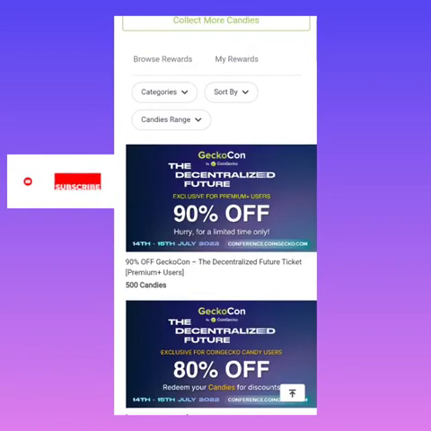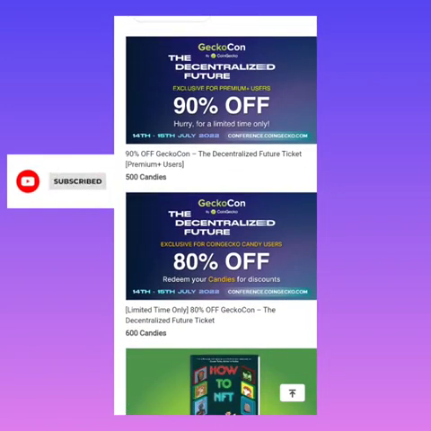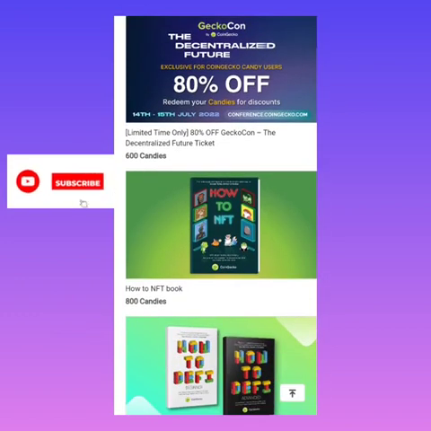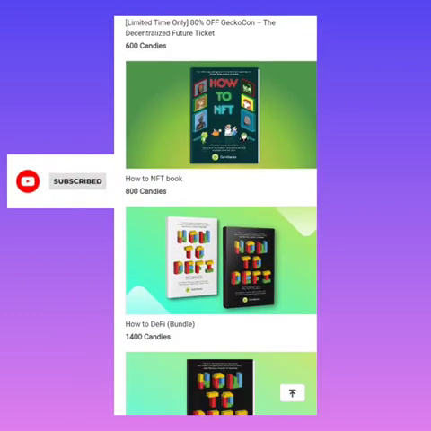You can see a lot of rewards here. This one now costs 500 candies. The decentralized feature exclusive for Premier Plus users, 90% off. I'll give you 90% off to a decentralized feature. So you can see this one is 80% off, and you can see, whoa, this is the best part I love,